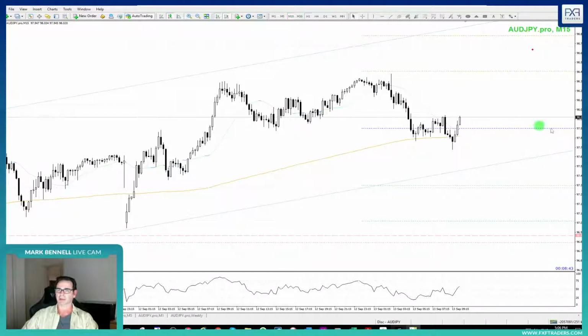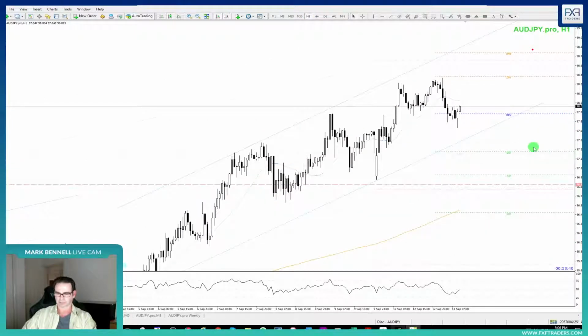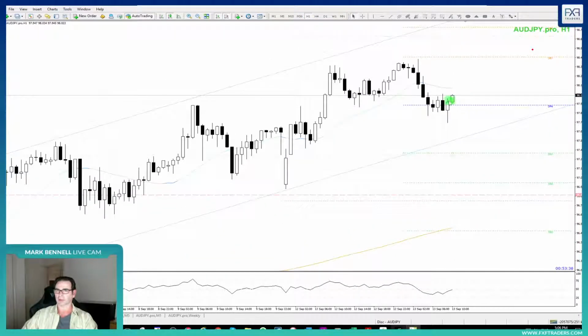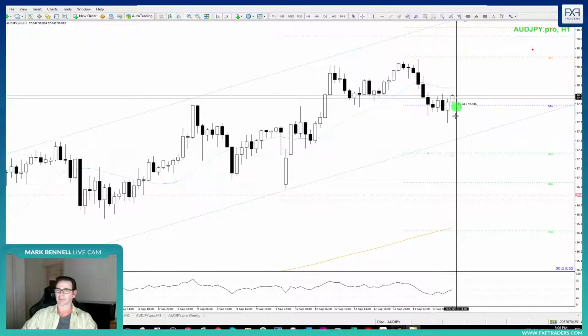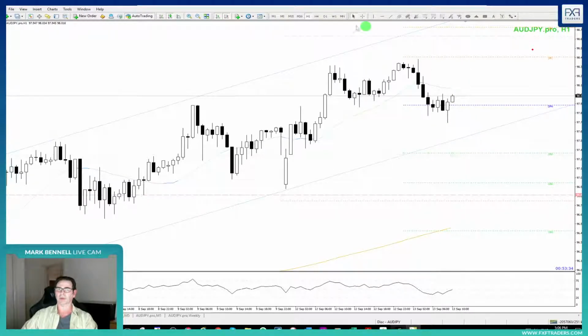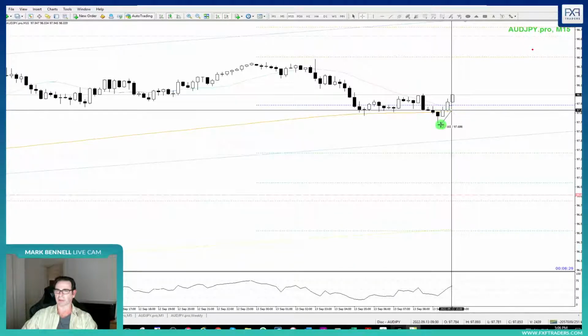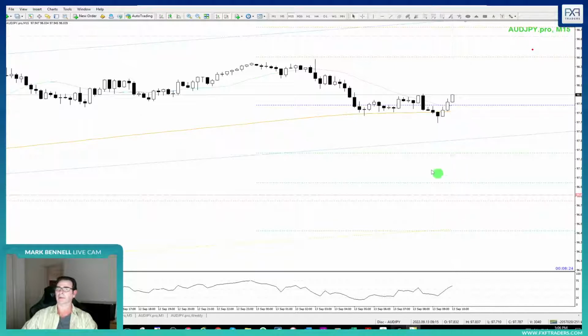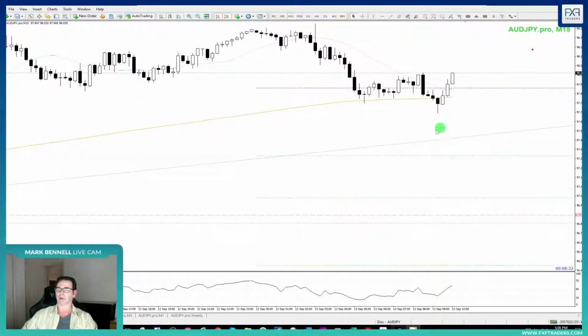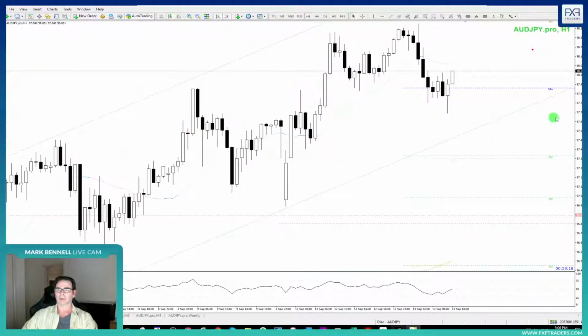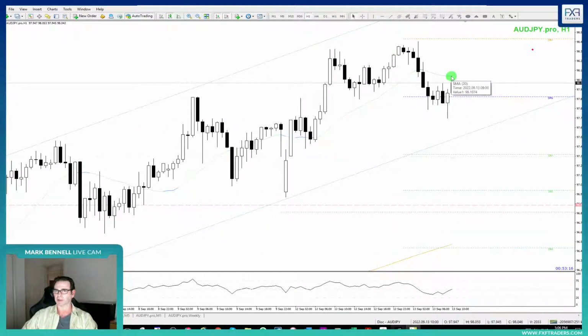So when we go back to the 60-minute, you'll see the hammer above there. No, actually, I took it on the 15. Sorry, I did too. Yes, above the hammer there. That was my entry. It's about an 18 pip stop. There it is there. All right, so it's nicely in profit. So just be careful when it hits the 20 as well. But I thought that one was worth a go.